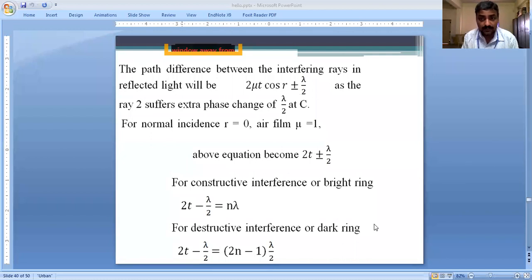And a word of caution. Without explaining, I have used the word ring here. Please notice: bright ring, dark ring. So far I have not explained why you get rings. The title is Newton's rings, but the fringes may even be straight lines, because in Young's double slit experiment you might have seen straight-edge fringes. Here I have not yet proved that they are rings. Of course, I am going to prove it in a minute. Let me move to the next slide. Any questions so far? Anything not clear to you?